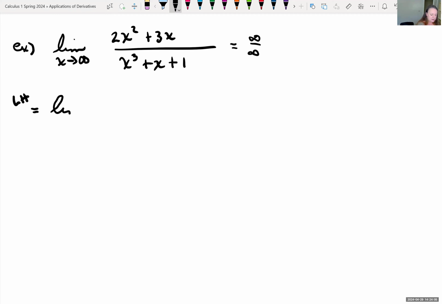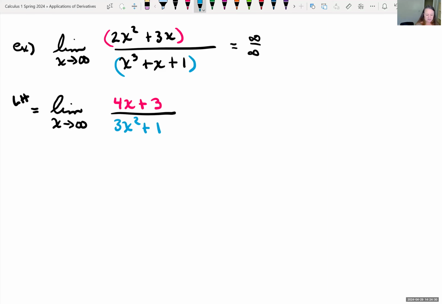L'Hopital's rule says we're going to take the derivative of the numerator. So the derivative of this numerator, derivative of 2x squared is 4x, plus the derivative of 3x is 3, all over the derivative of our denominator. So the derivative of x cubed is 3x squared, and the derivative of x is 1, and the derivative of our constant 1 is 0. I notice again, if I do direct substitution, I'm getting my indeterminate form of infinity over infinity again. So we want to use L'Hopital's rule,